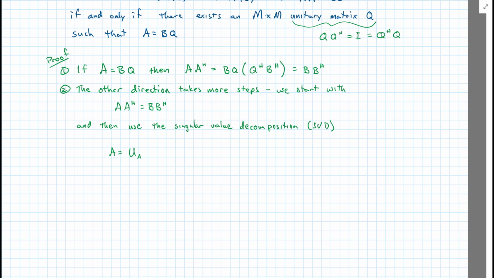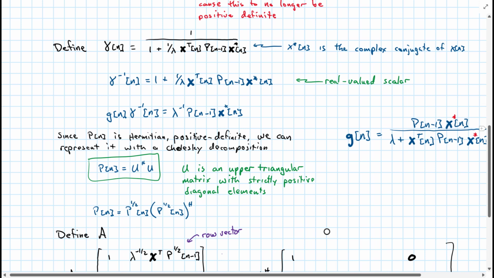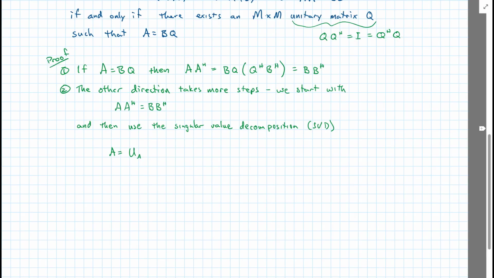We have U. U is not the same U that we used before to describe the Cholesky decomposition. That was an upper triangular matrix with strictly positive diagonal elements, whereas this U is a unitary matrix. The sigma matrix there is a diagonal matrix, and the zero matrix next to that is,